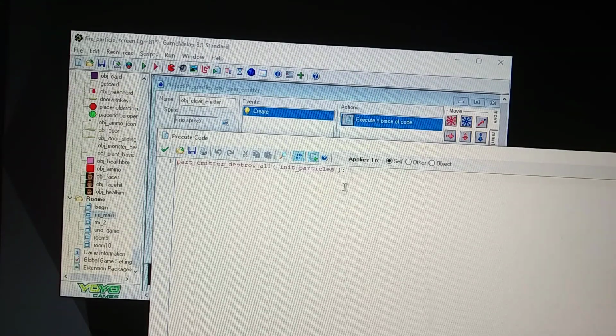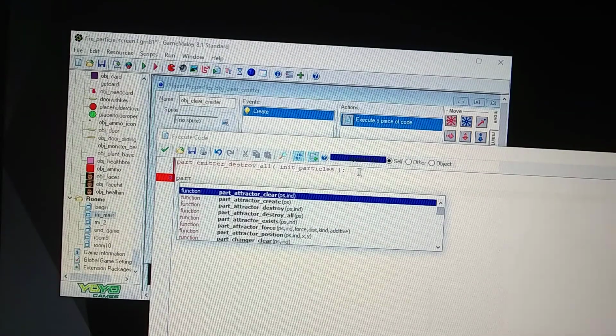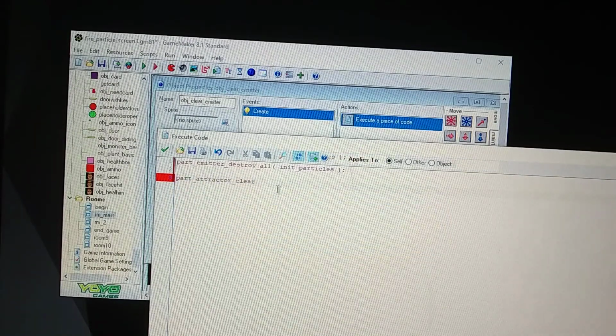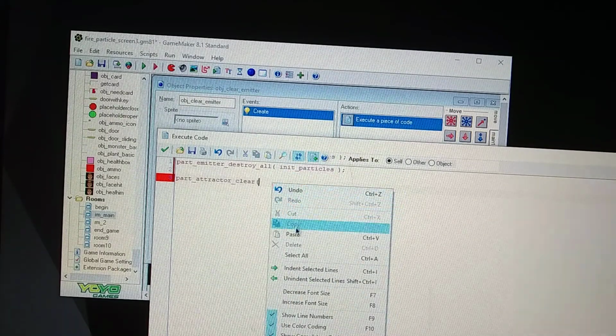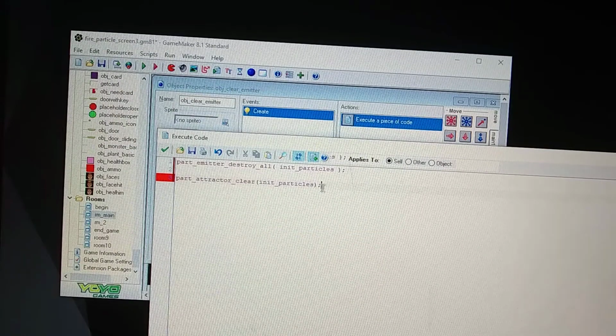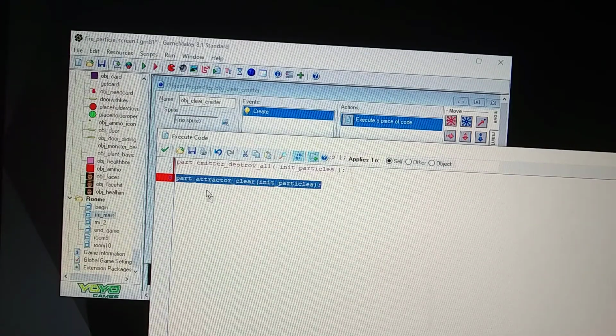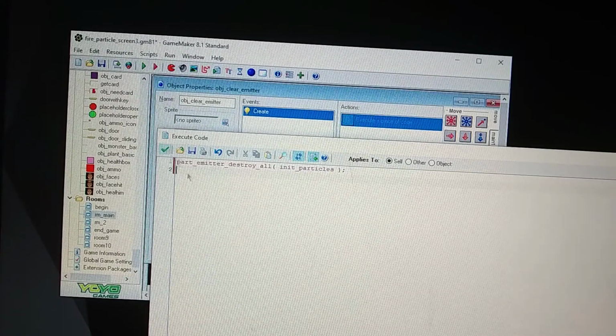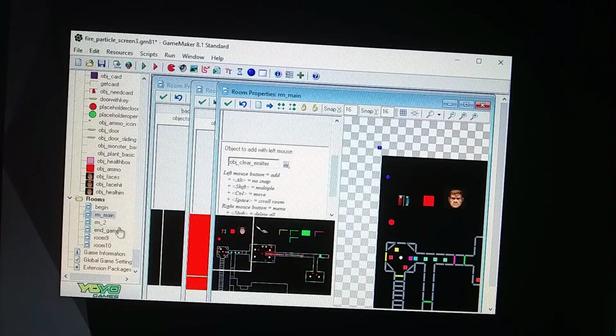So once you're done with the particles, you don't want them to keep animating, then you want them to be cleared and destroyed. Probably need to have that in there as well. I don't know, it's probably not a big deal so much. No, it's not going to work. I would just destroy all. It should work. So I would put that in the first room,